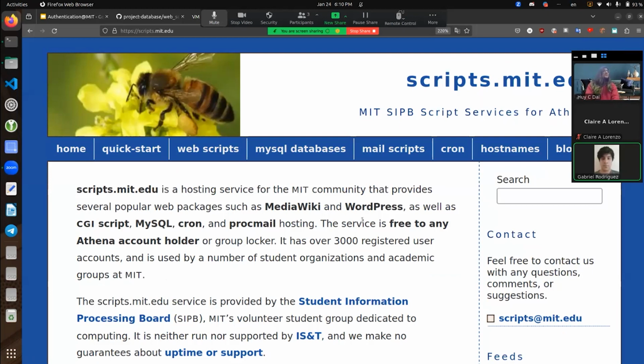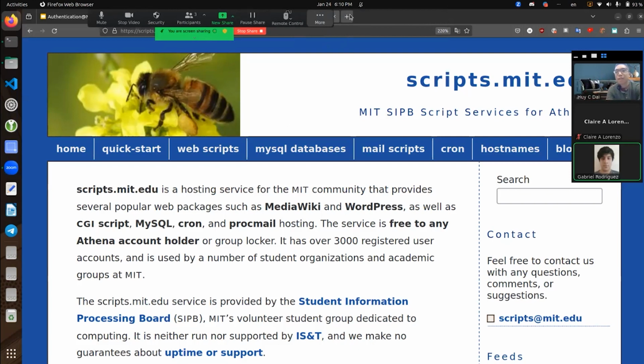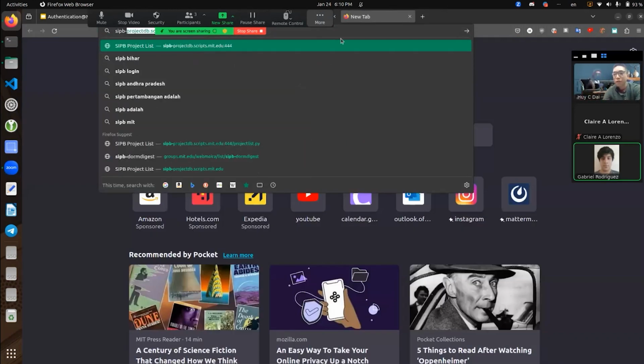It's a slightly older project, but it's meant to be an easy way for you to have your own website. Usually it displays more static information, but there's also a database that we provide that you can store information into. The nice thing about Scripts is that, for example, when we were creating our own database to keep track of the projects that we're working on,